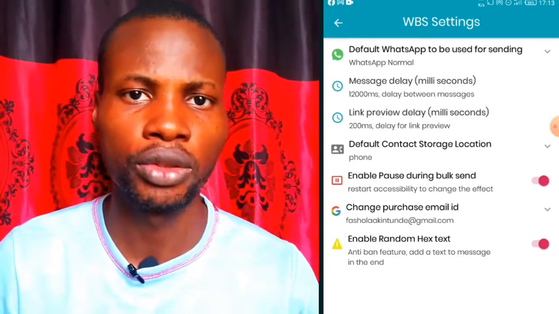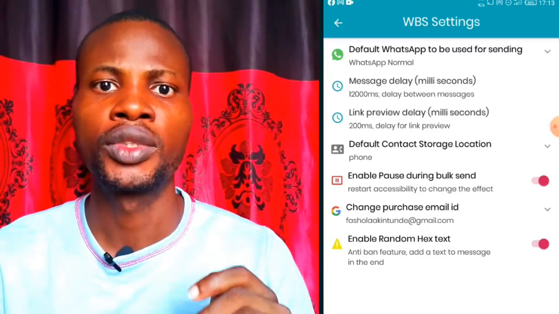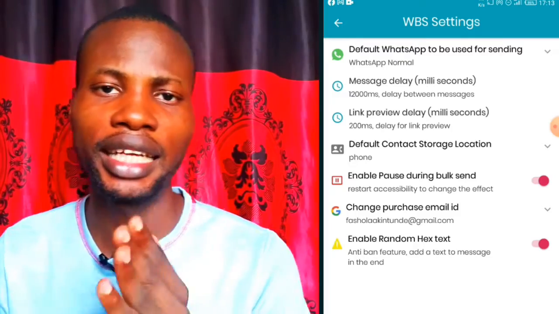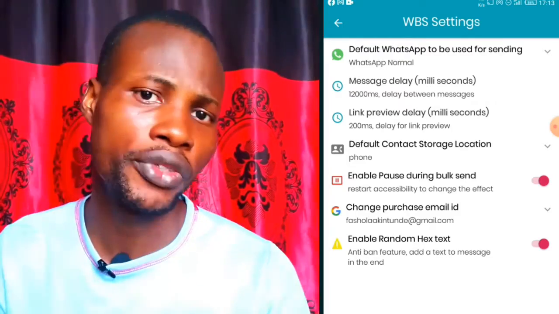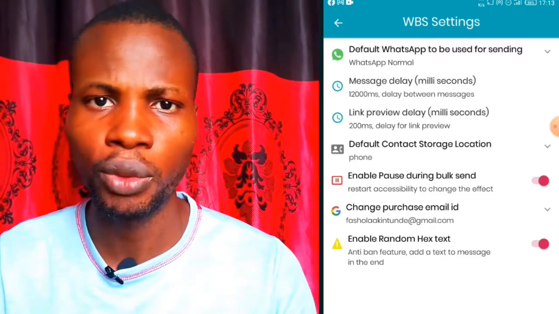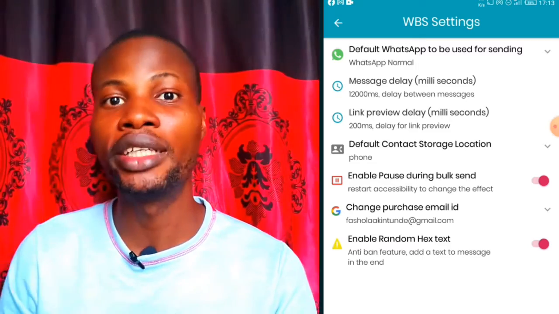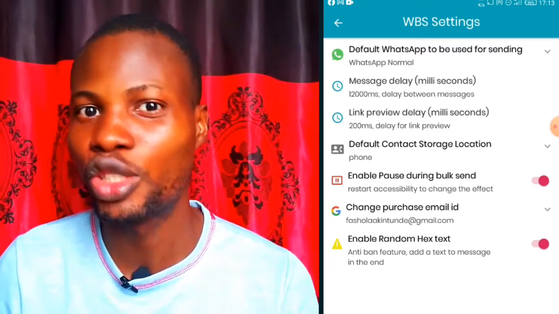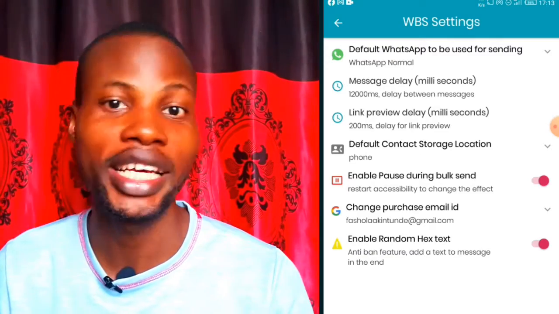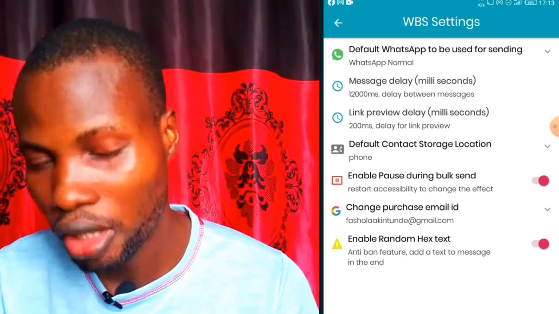In the first section, 25, I want to send 100 in a day. 25 in the first section, the next section 25, the third section 25, and the last section 25. So this will confuse the WhatsApp bot, because WhatsApp is using deep learning machines and languages to detect spammers on WhatsApp these days. And it's very easy for them to detect people that are actually using bots to send